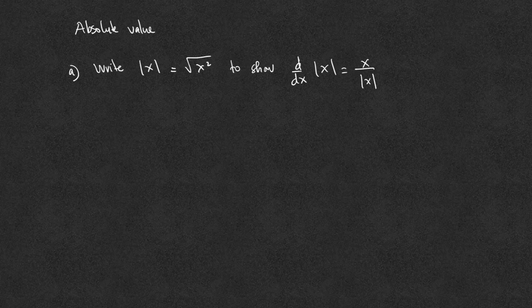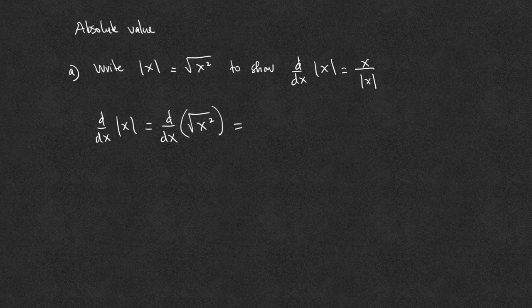Write the absolute value of x equals the square root of x squared to show that the derivative of the absolute value of x is x over the absolute value of x. First, the derivative of the absolute value of x is the same as the derivative of the square root of x squared. Using the chain rule, the derivative of the square root is 1 over 2 times the square root